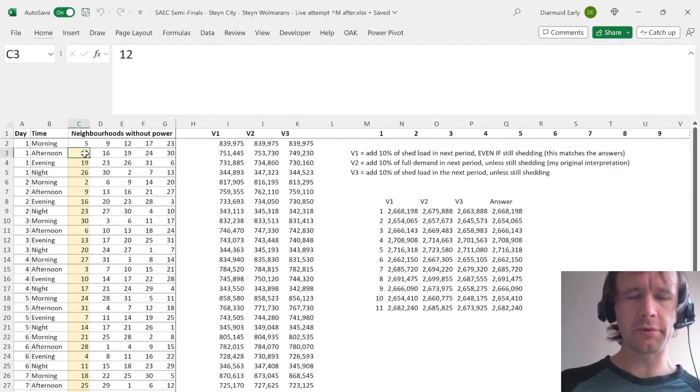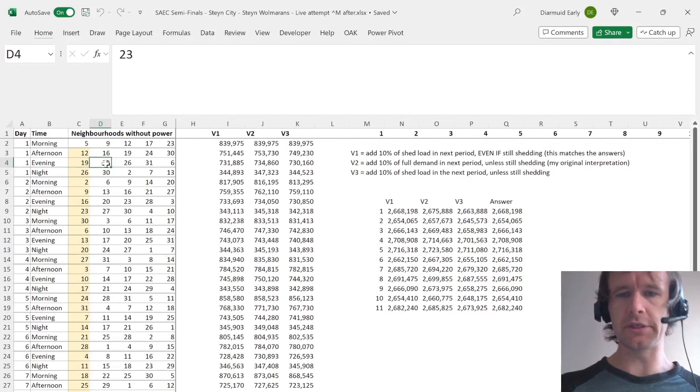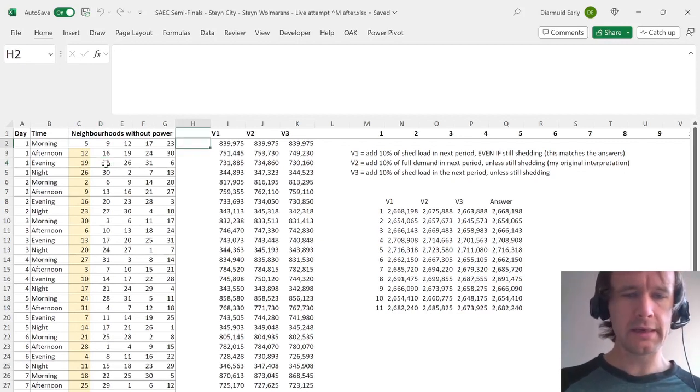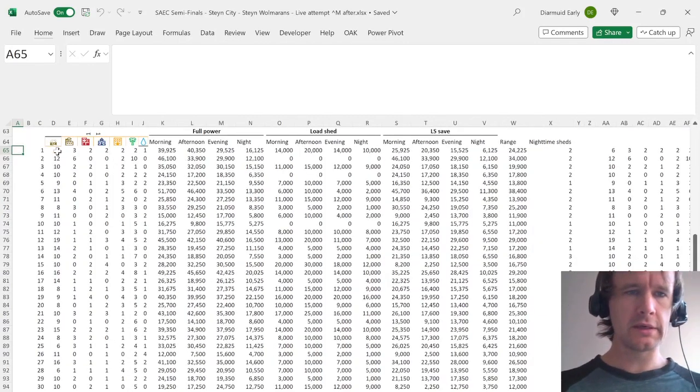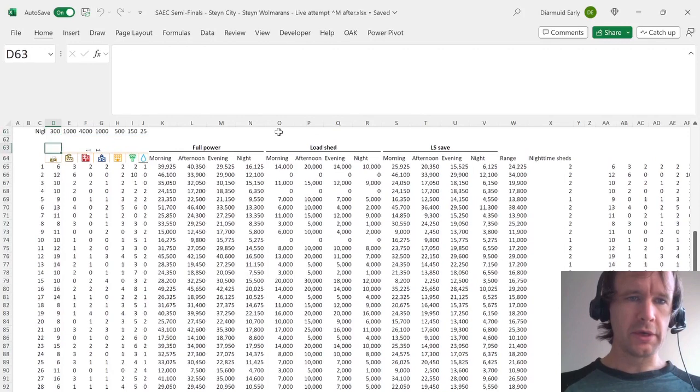So I think the right interpretation is that if a neighborhood is load shed twice in a row, then you just go with the load shed level. But then the day after a load shed, if you're not still being load shed, then you add 10% just of the bit that was shed. So makes sense. The interesting thing, the bug basically is, so I wrote this formula here, which is now a